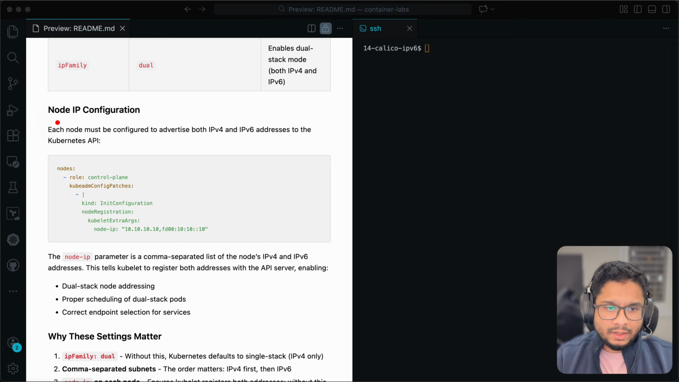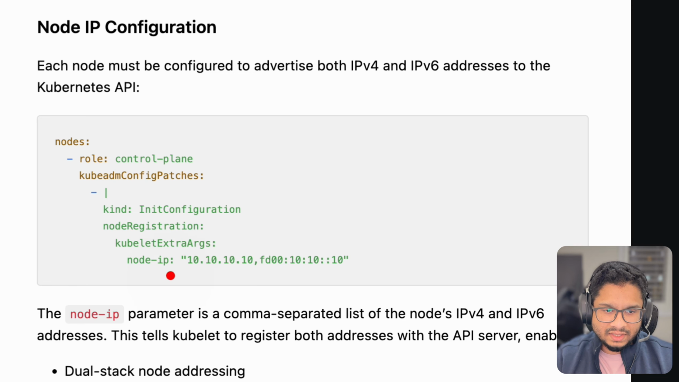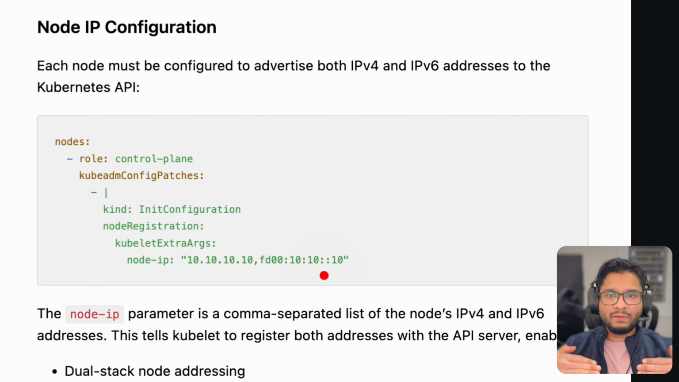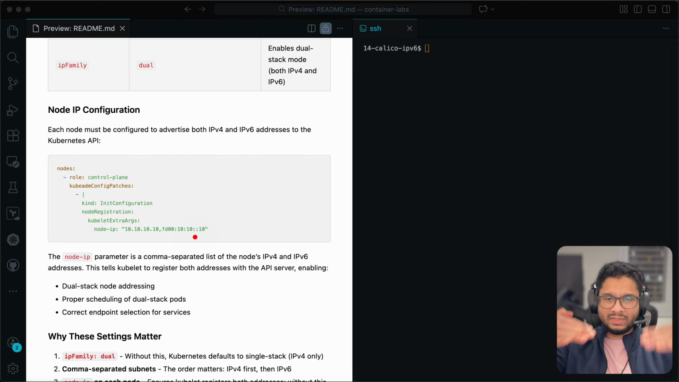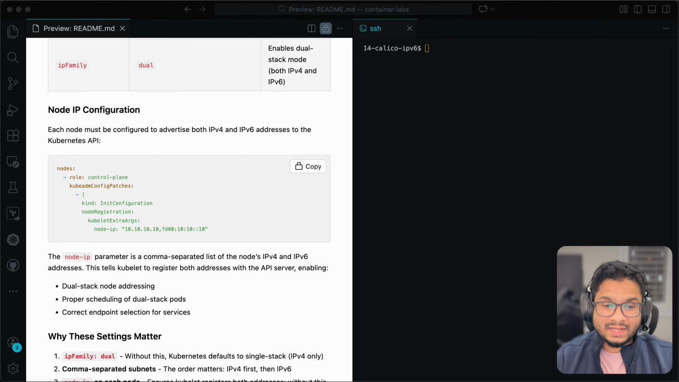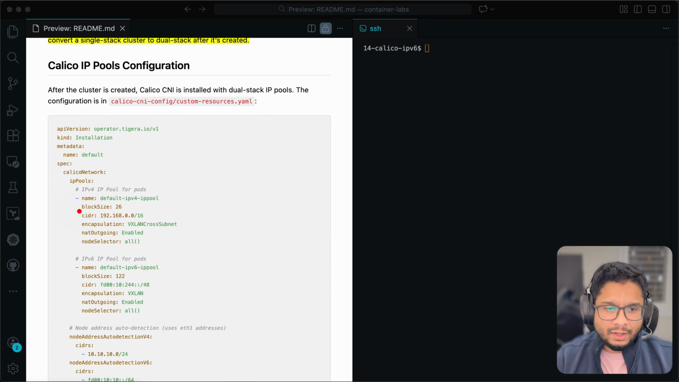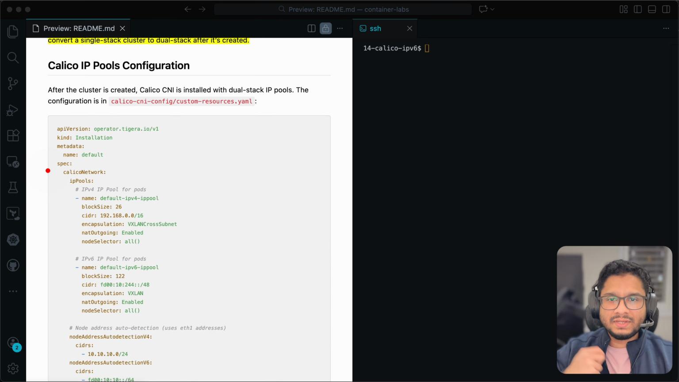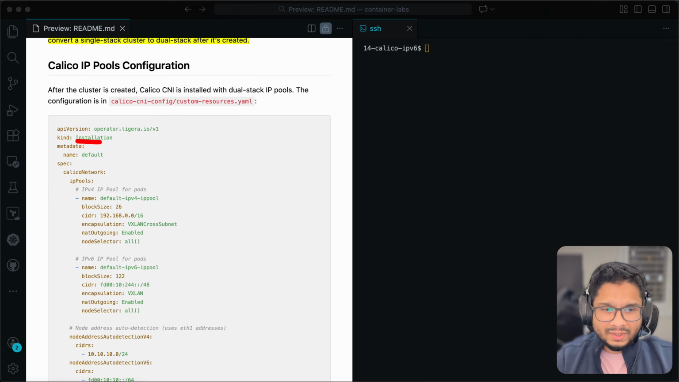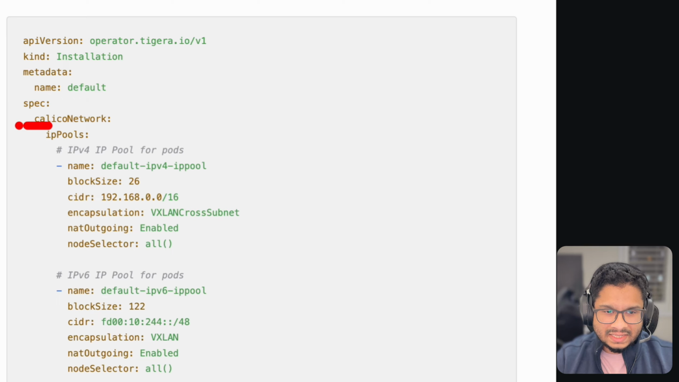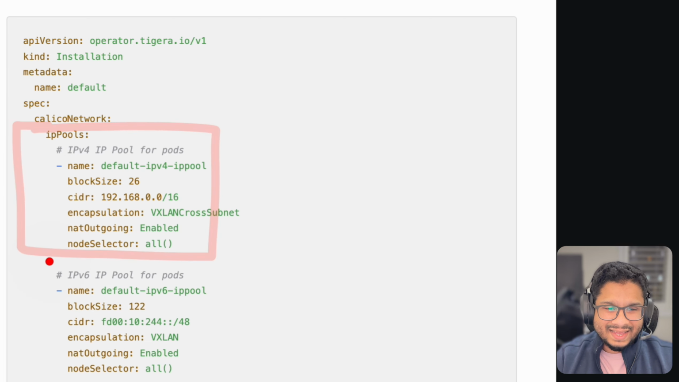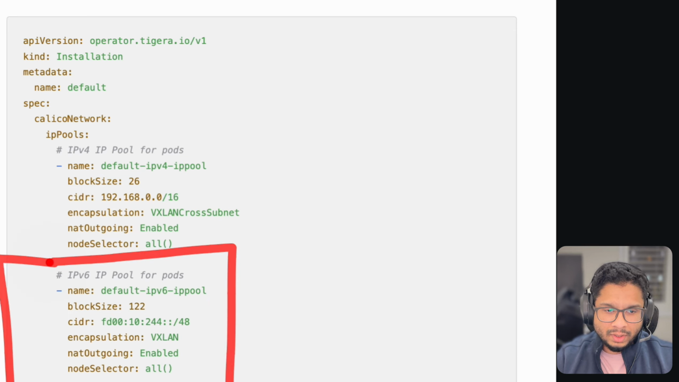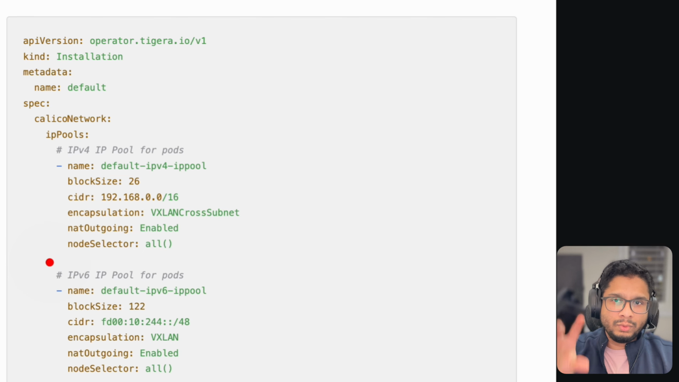Now, if you look at the node IP configuration for the kind clusters, for each of the nodes, we've also provided an IPv4 as well as an IPv6 address. So at each layer of the networking stack, from the nodes to the pods to the services, we have IPv4 as well as IPv6 addresses. Now, Calico is what assigns IP addresses to pods. So if you look at the Calico installation manifest, this too has an IPv4 IP pool as well as an IPv6 IP pool. And in the lab, we will look at how the pod receives two IP addresses from both